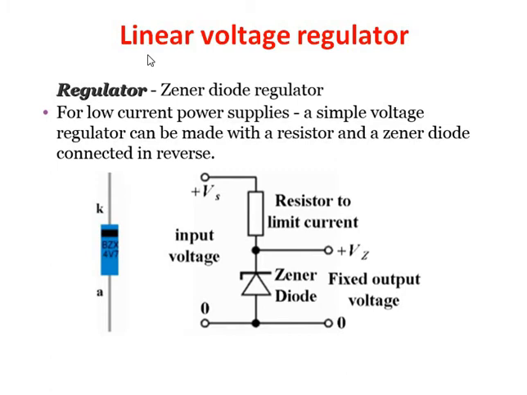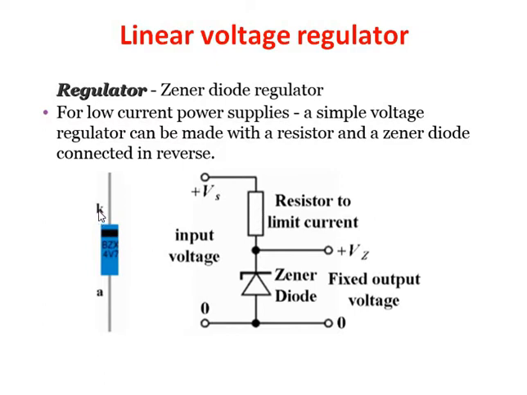First one, the linear voltage regulator is the Zener diode regulator. The Zener diode works in the reverse bias condition. Its breakdown voltage depends on the construction, and this breakdown voltage is used as the Zener voltage regulator. Suppose the Zener diode is designed to break down at a reverse bias condition of 5 volt. So across the Zener diode we get a constant 5 volt, and the remaining voltage will be dropped across the series resistance.